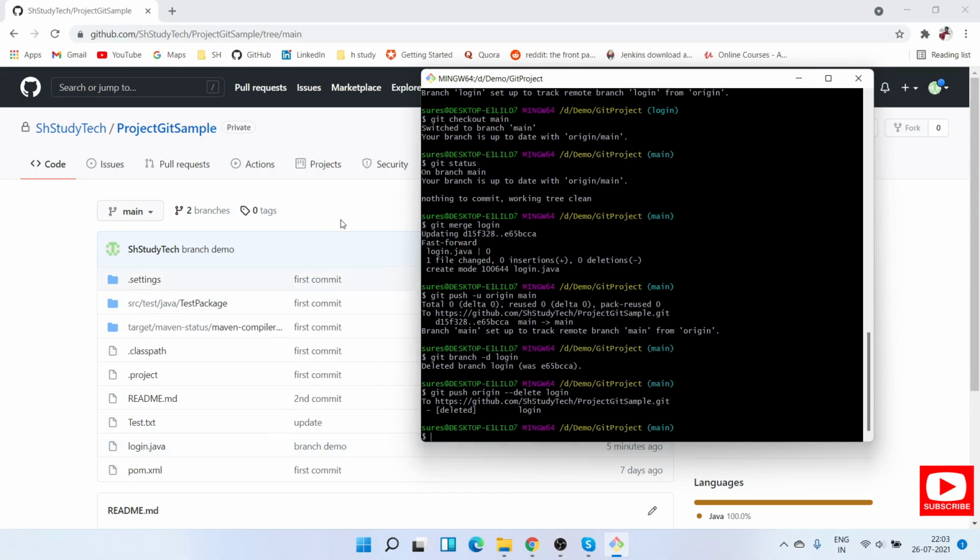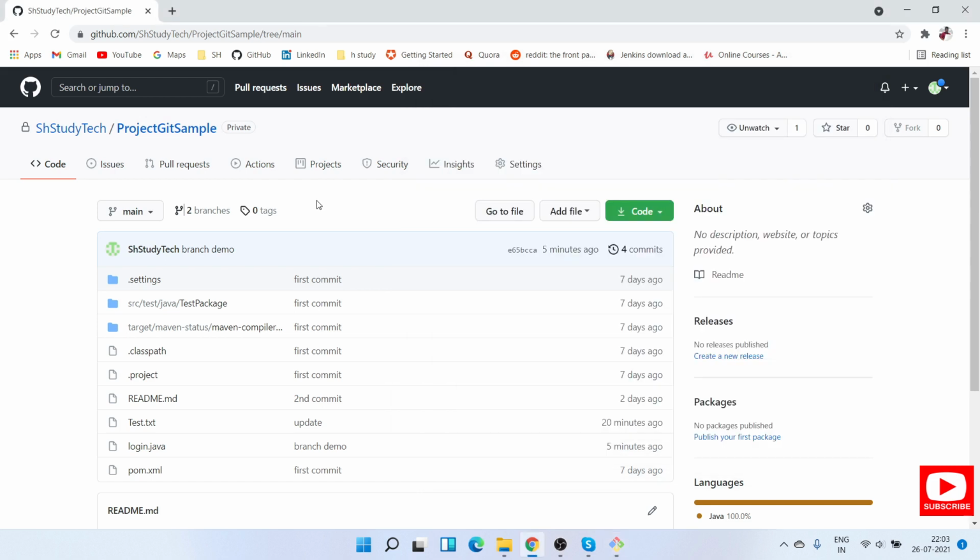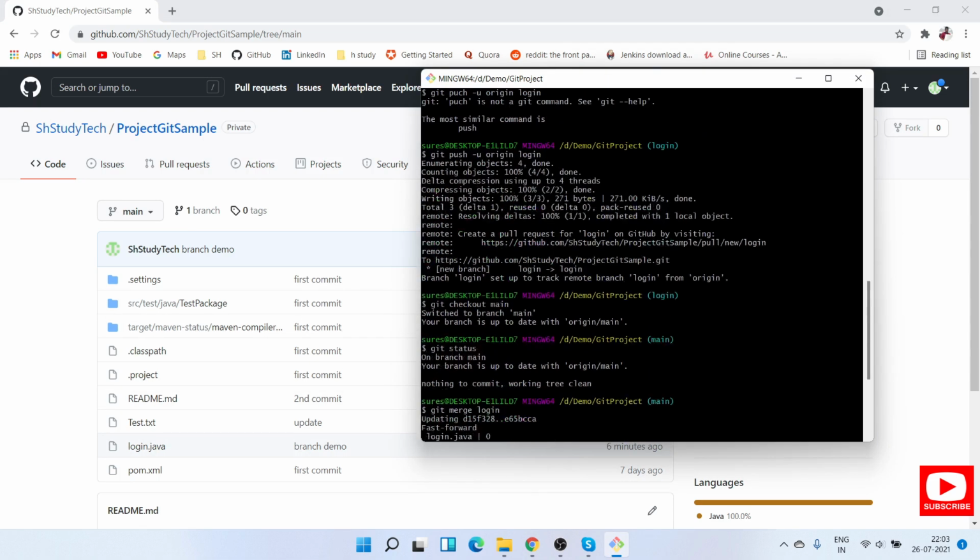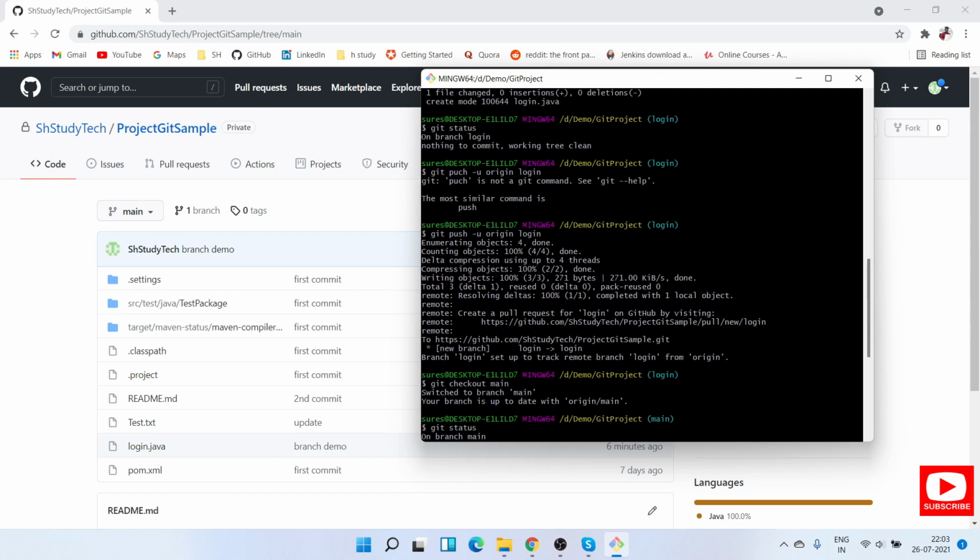Now I can go back to my remote here and just refresh. So currently, before refresh, I have two branches here. I will refresh now. So now you can see there is only one branch. Right, this is how you manage creating branches and merging and deletion of branches. So it's simple, right? Do practice all these commands so that you can answer in interviews,